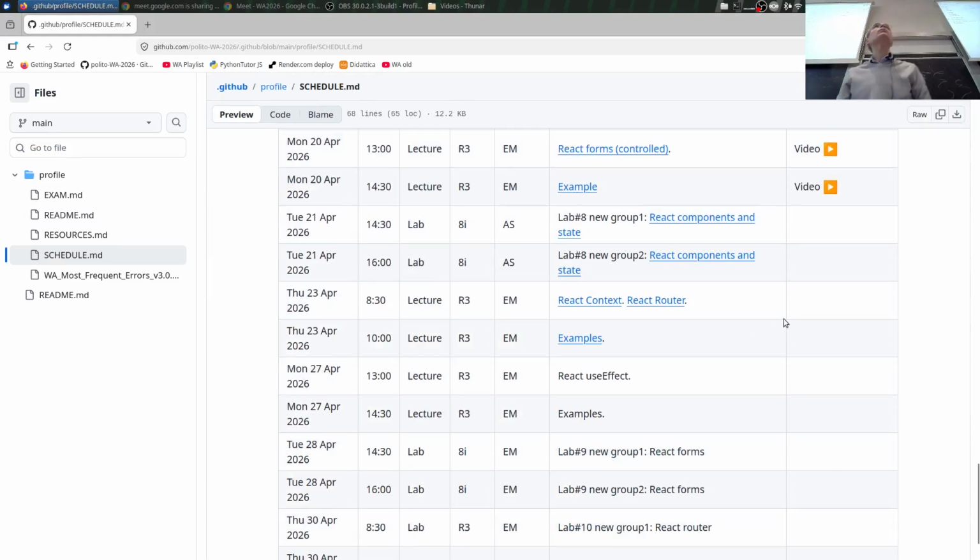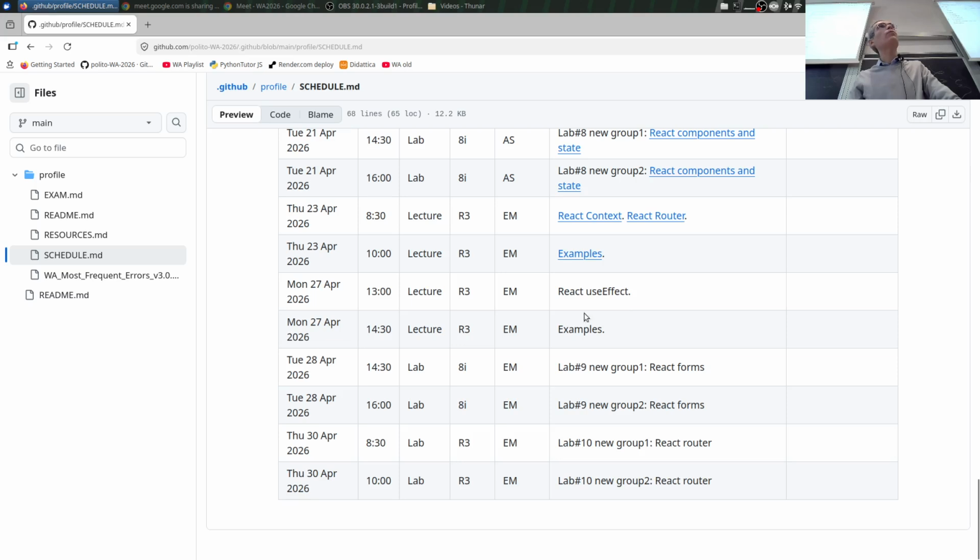Okay, so today we're going to talk about the context and the router, as it is already written in the schedule. There is already the schedule for next week. Next week there will be Monday lectures with me, okay, in this room, and then we will have 2 labs. So labs on Tuesday and Thursday, because we need to catch up a little bit with the topics